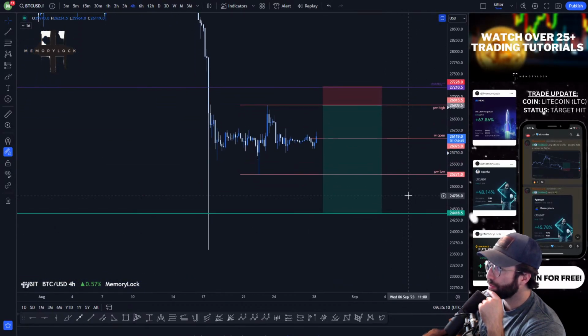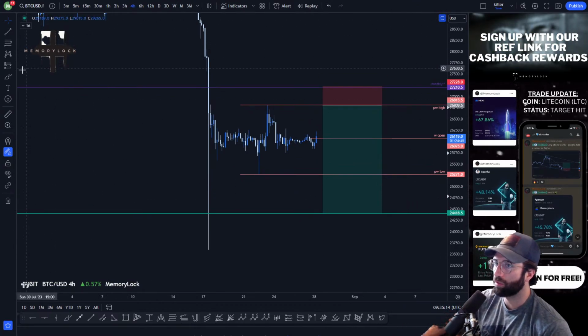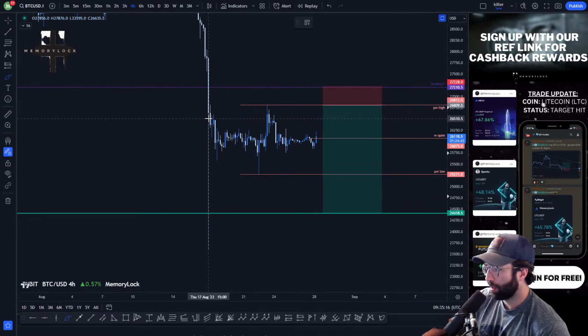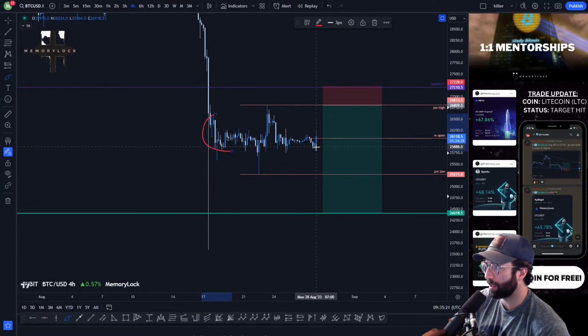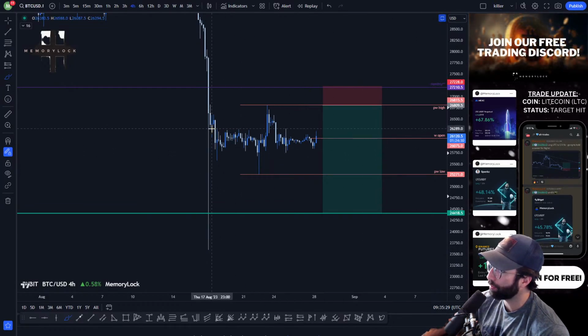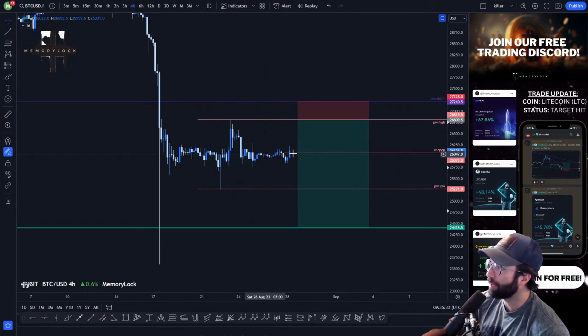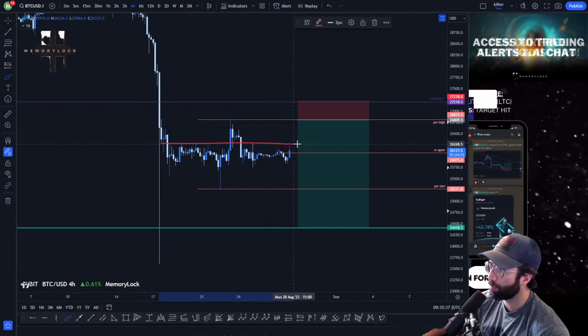No surprise to you guys, the market really hasn't been doing a whole lot. I mean, look at this. We've been going sideways since, what is that, the 17th of August. So it's been about 11 days we've spent in this range, right? Not a whole lot to update on. Those of you who are trading this range back and forth, good for you. That's awesome, really happy to see it. I have not really been doing any lower time frame trades as of late in terms of range trading like this.